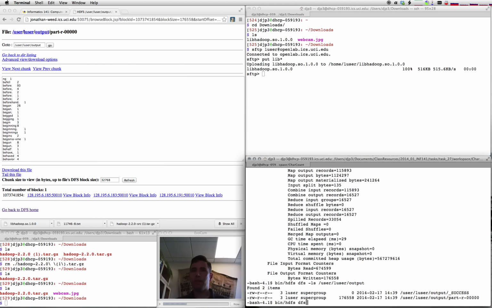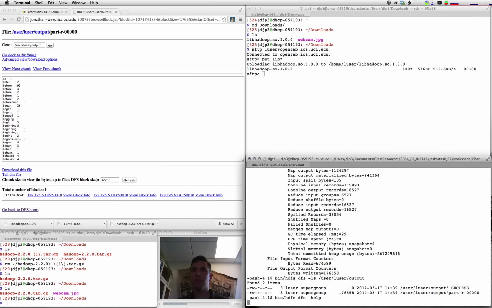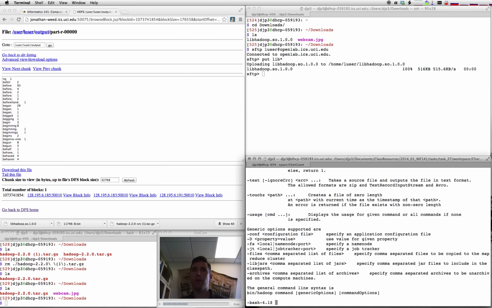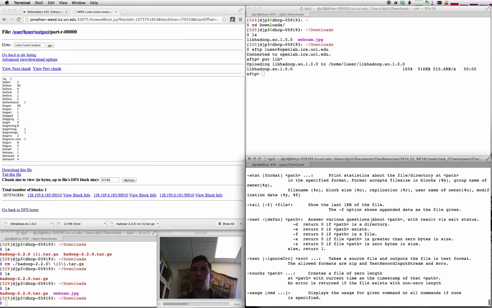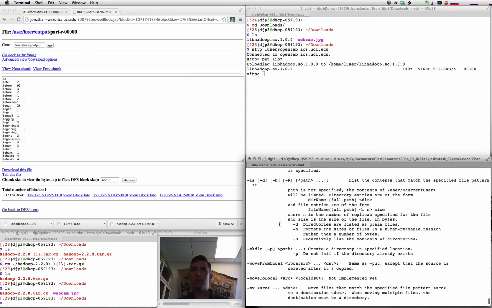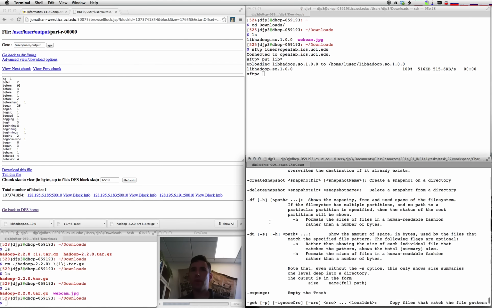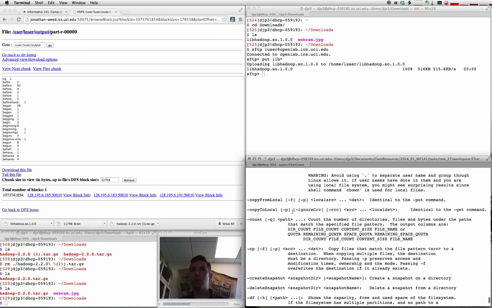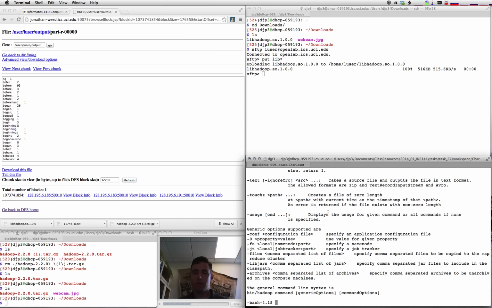But I'm going to do dfs help, see if I can get some help on what the command format is. And I can come back up here and see, move to local, copy to local. That's what I want. Okay, so I'm going to do bin/Hadoop distributed file system, copy to local